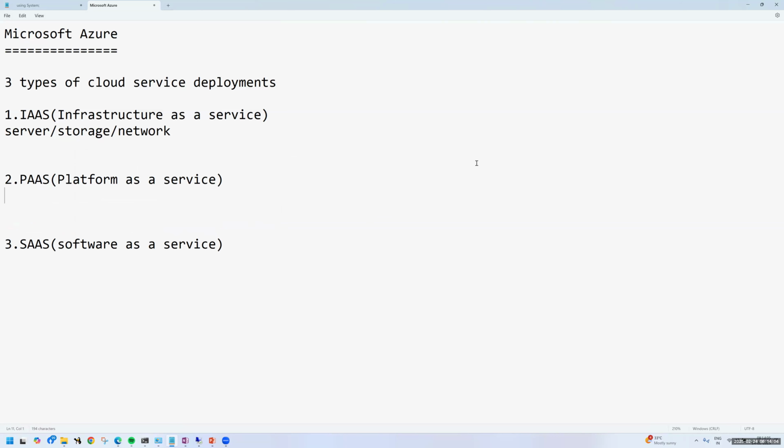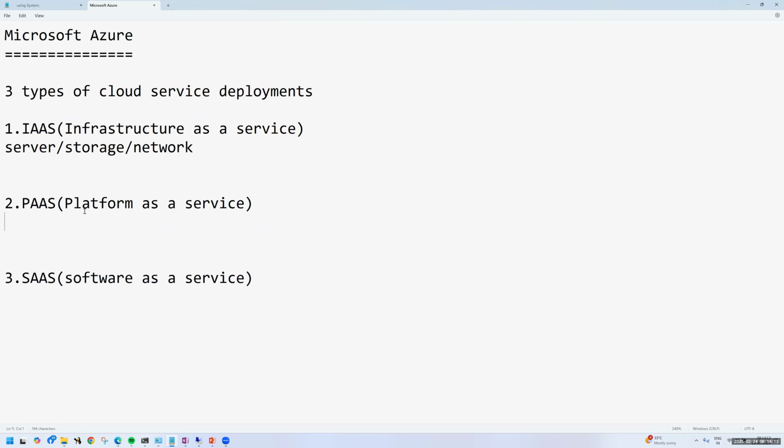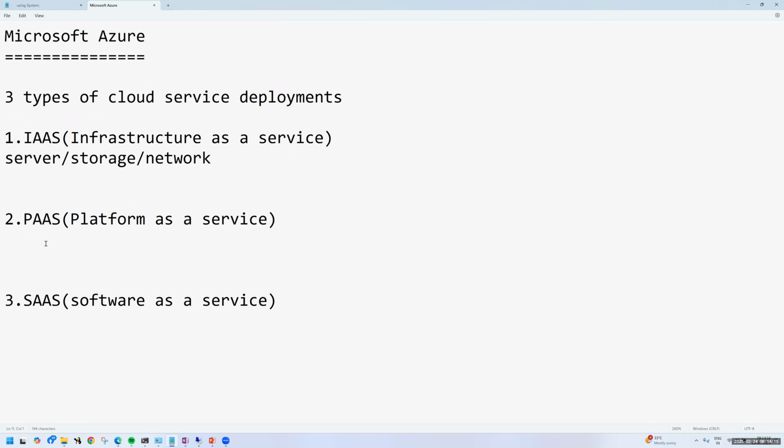Platform as a service. What is the platform as a service, guys? Can anyone tell me? Why I'm pressing this word is very important. They are providing a runtime environment. When you go for platform as a service, you need not worry about installation, configuration, deployment, management, patching activity, everything. Everything would be taken care of by Microsoft.